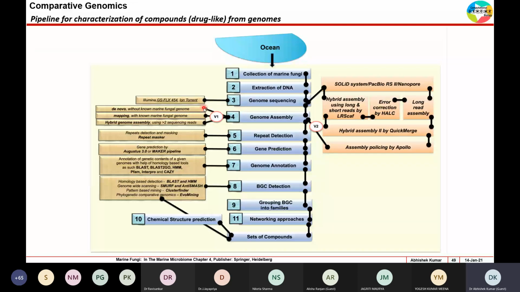And then if you have money and if you have a clear agenda, you can also do whole genome sequencing with third generation DNA sequencing. Third generation is the long read PacBio or nanopore, and then you will take help of hybrid assembly using a set of softwares, and these softwares are